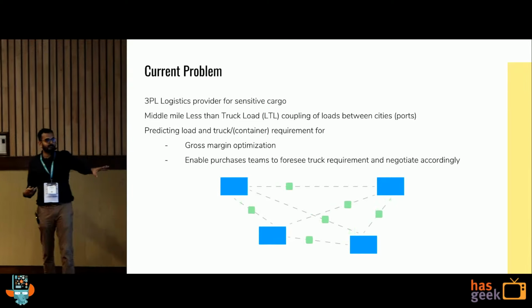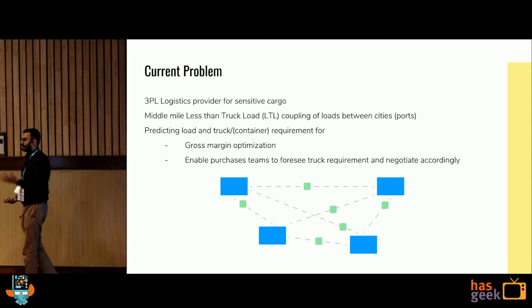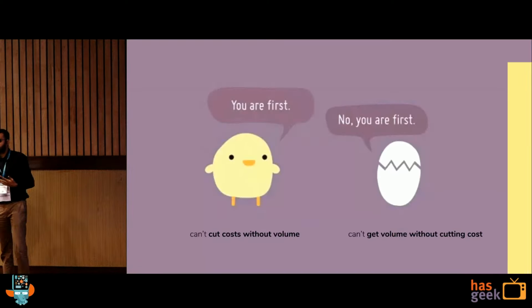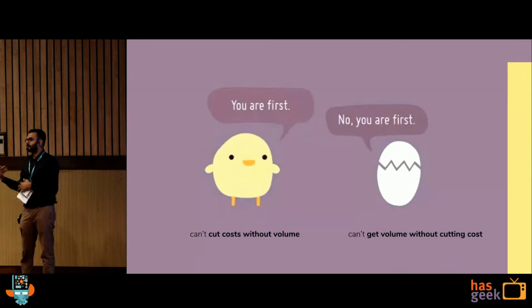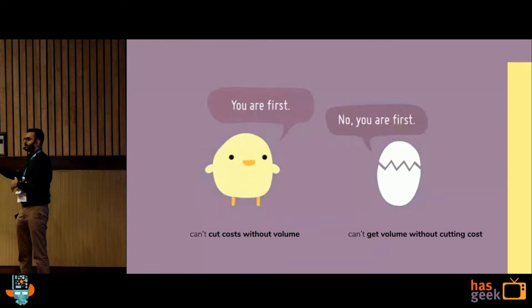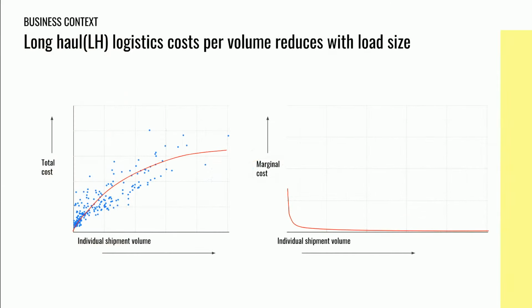There are multiple ports where shipments keep coming in a very random Poisson process, right? So it's a chicken and egg problem for us. We cannot cut costs without volume going up. We cannot get volume without cutting the price, right? So if you look at the typical